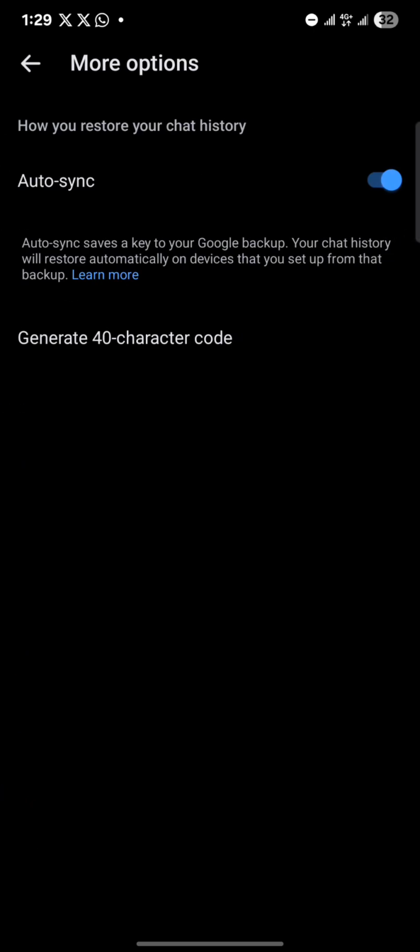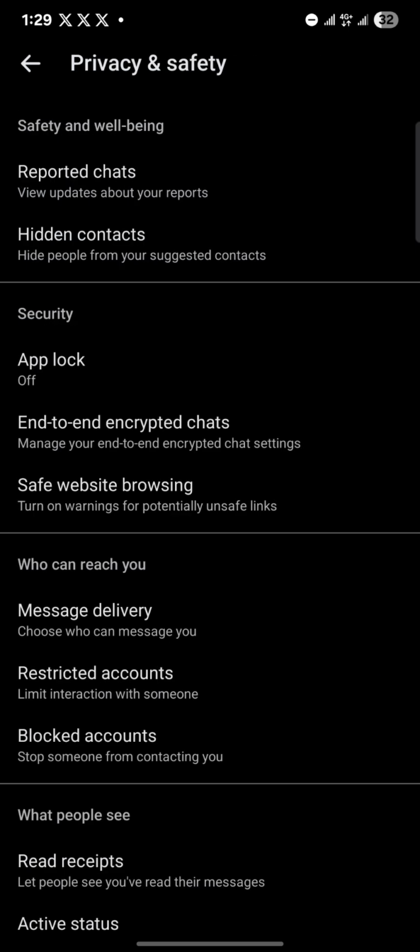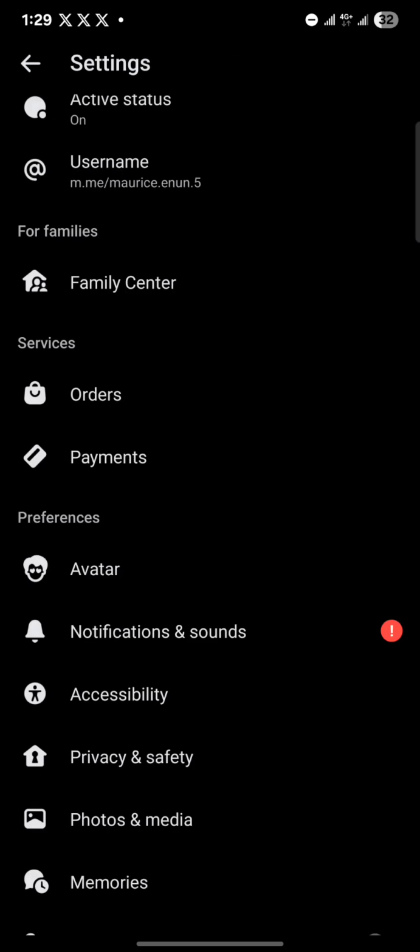Now, if you head to more options, there's the auto sync option and some other options there. You can also save your chat history in your Google Drive. Now, another way of restoring your chats besides logging in and using your encrypted key